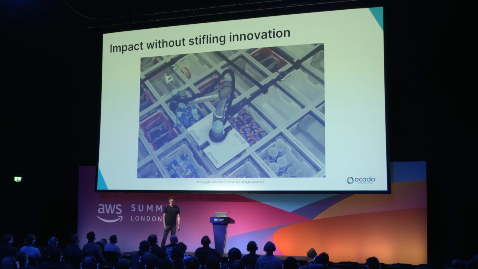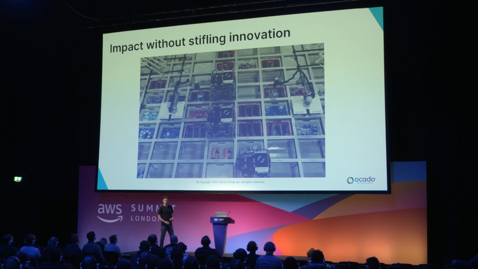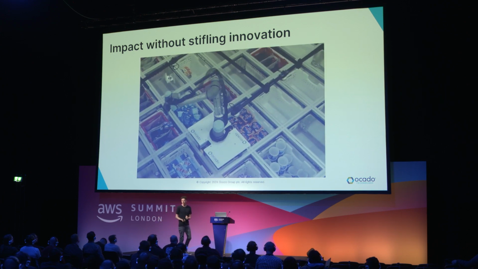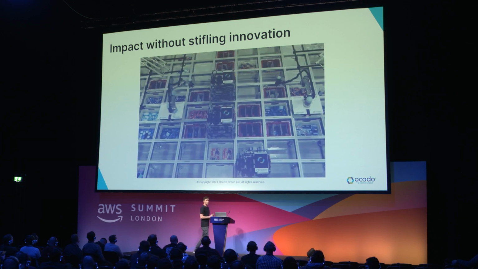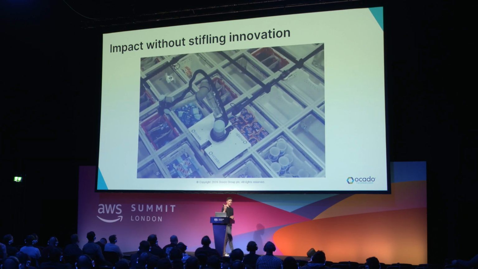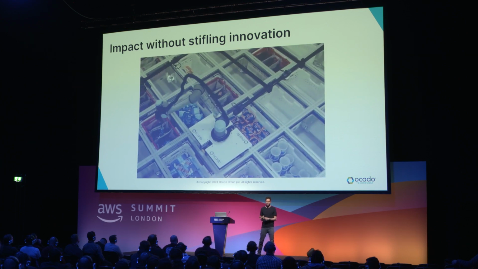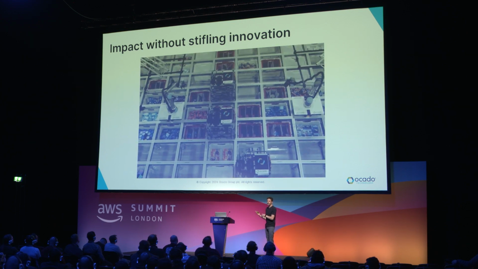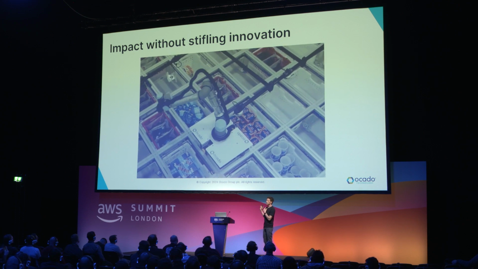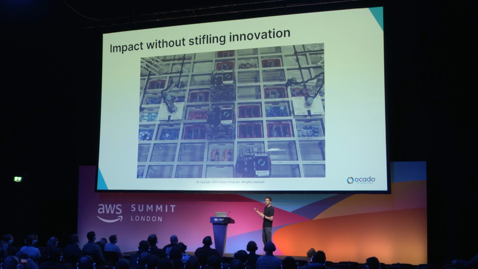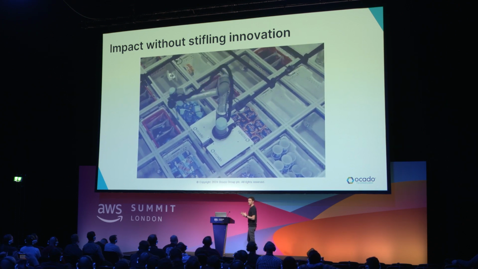So I just wanted to touch a little bit on innovation. We're really proud of our record of innovation. We talk a lot about our bots. You can see in the video our 600 series bot and our OGRP, our on-grid robotic pick arm. And these are hardware innovations that are really important. But what's a bit less easy to see is there are also really important software innovations ongoing at the moment.